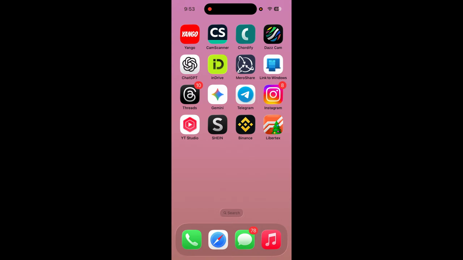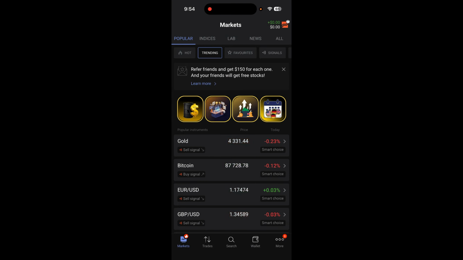If you have made some profits or just want to access your funds on Libertex, it's important to know how to withdraw money safely. And in this video I'll show you how to withdraw funds from your Libertex account using your iPhone. You need to open the Libertex app and you need to tap the wallet or profile icon, then